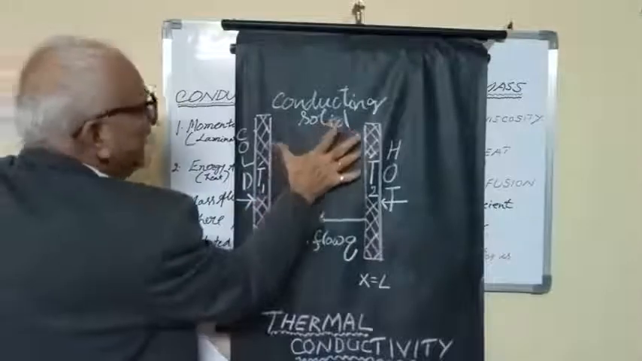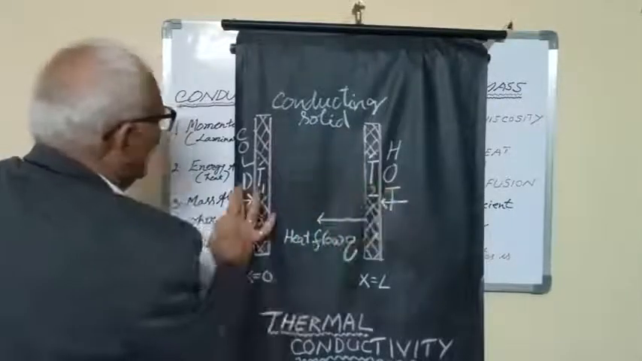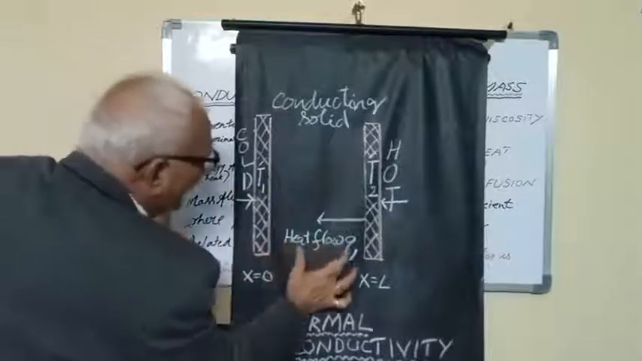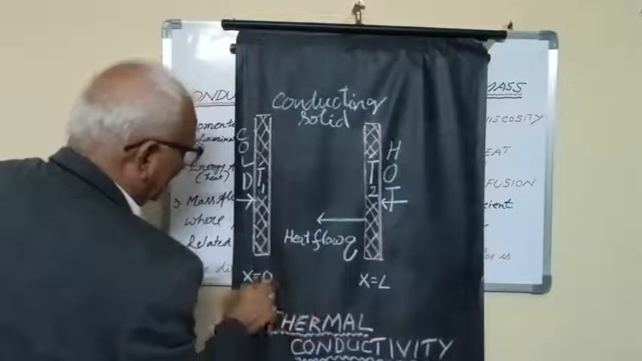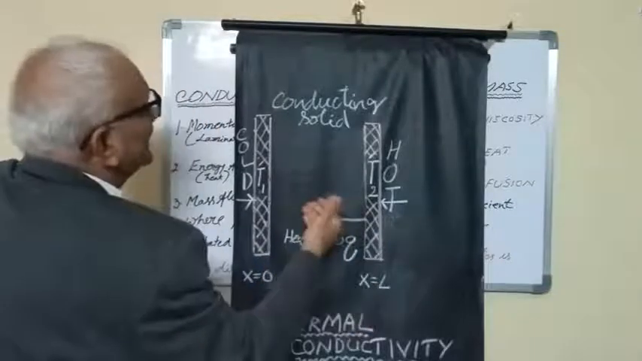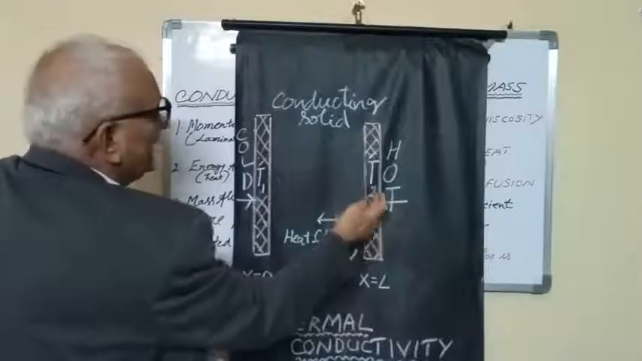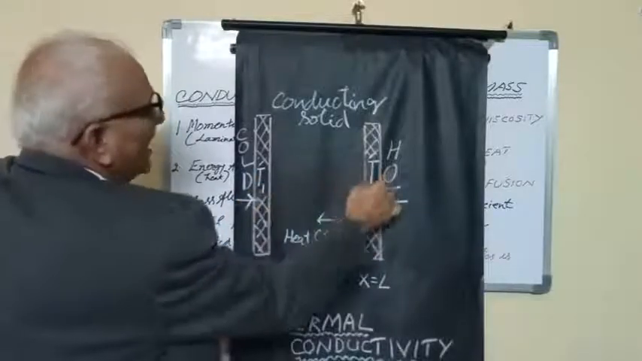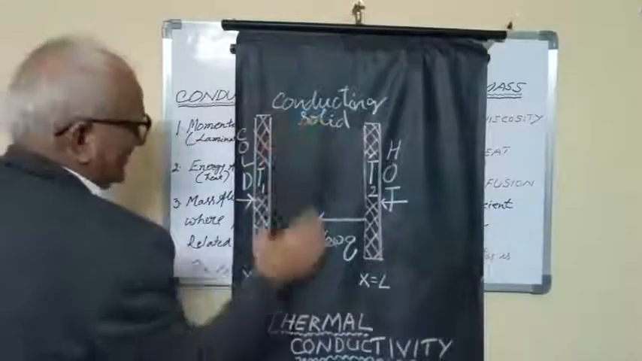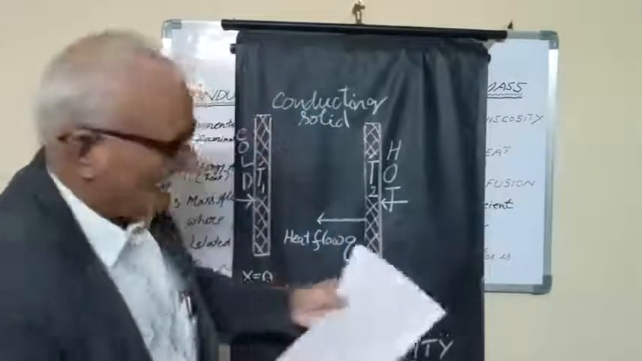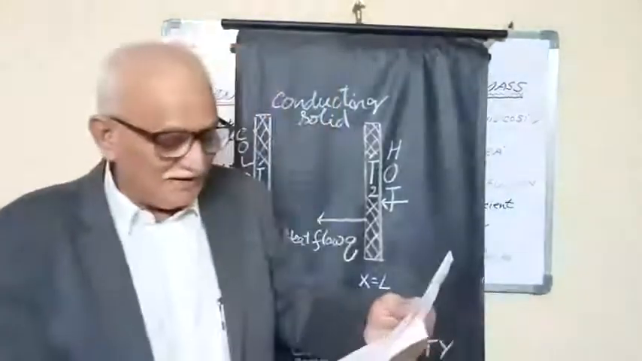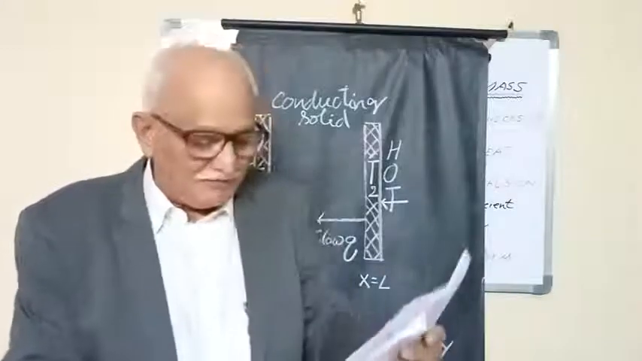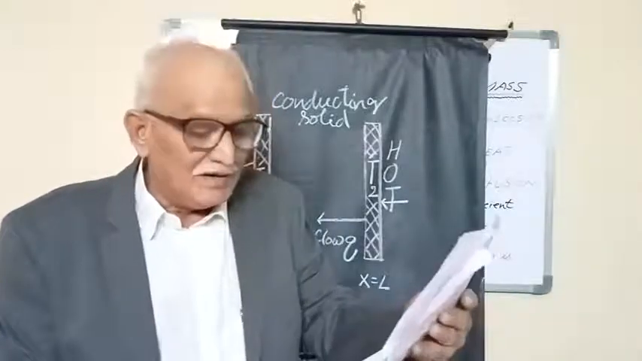Now this is a conducting solid. Hot environment, cold environment. What is the heat flow? X is equal to 0, X is equal to L, the length. Now heat flows from T2 to T1, hot to cold. Heat conducting solid, heat flow. Heat flow is Q. Now the heat flux follows Fourier's law of heat conduction, or Fourier's law of